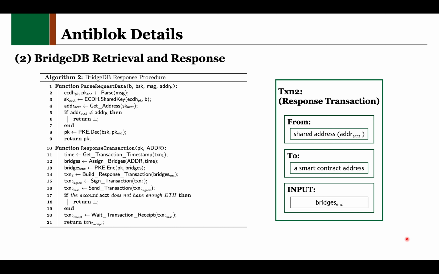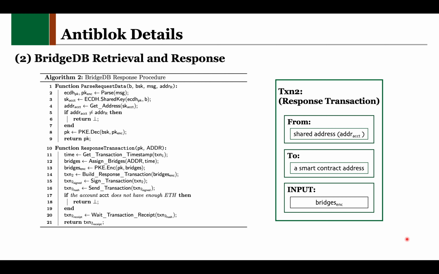Note that the computed address must be equal to the output address of the request transaction. Otherwise, it fails on address verification. Finally, BridgeDB decrypts the encrypted user's public key with its private key into plain text that it will use to encrypt the bridge information. And then BridgeDB assigns a subset of bridges upon request and provides clients with them. Since all transactions in a public blockchain are open and traceable,